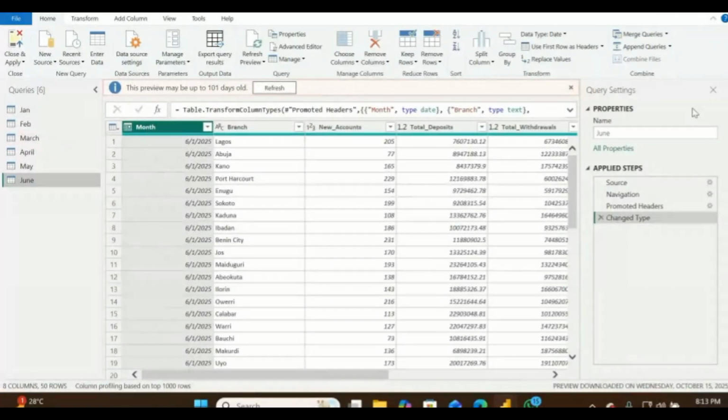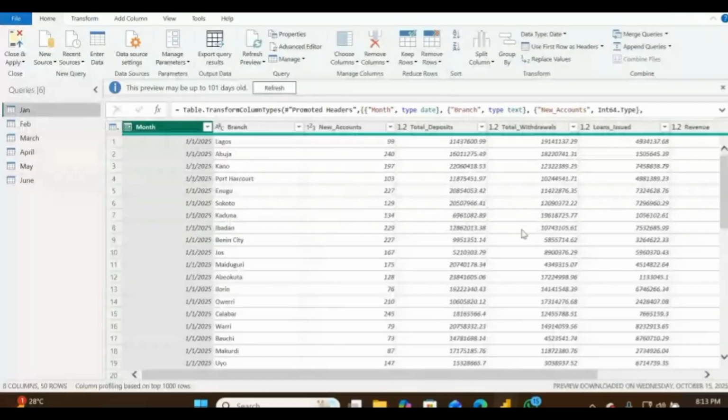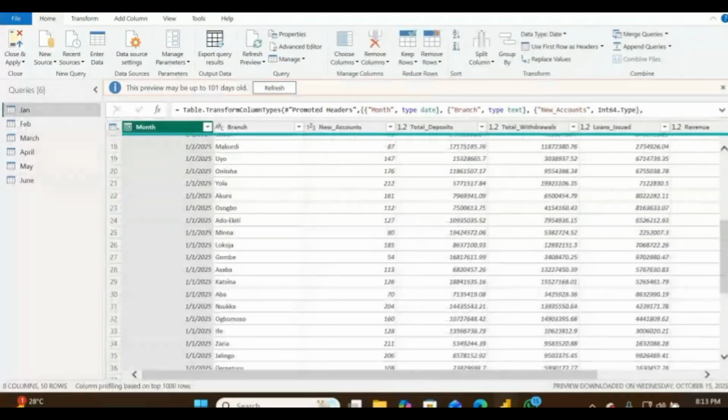So what we will use the Power Query for in this case is that we want to merge the data into a single data set. So like this, January has about